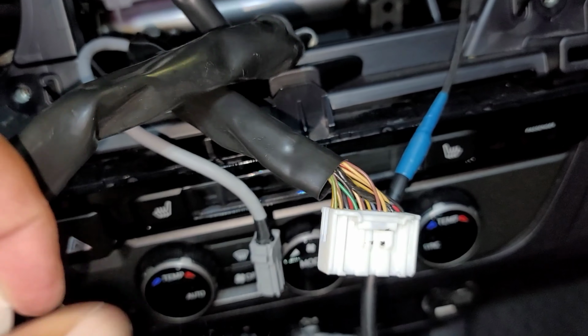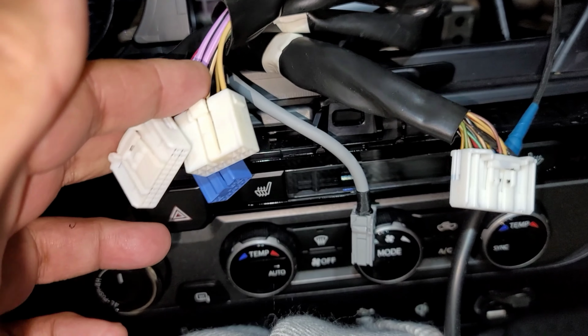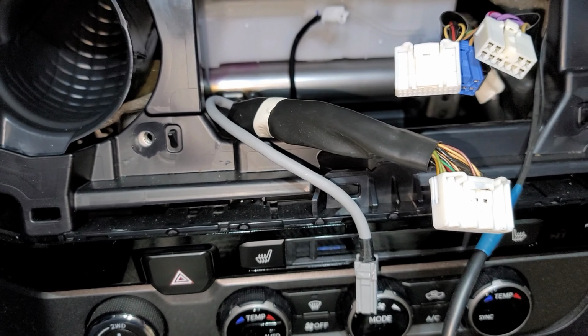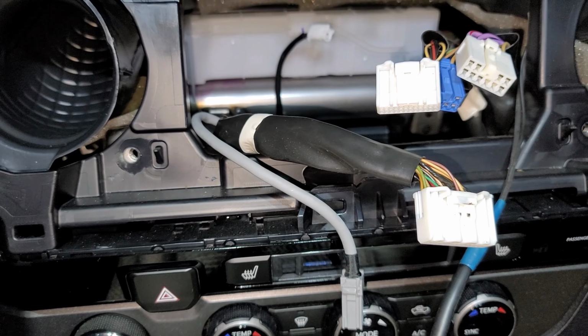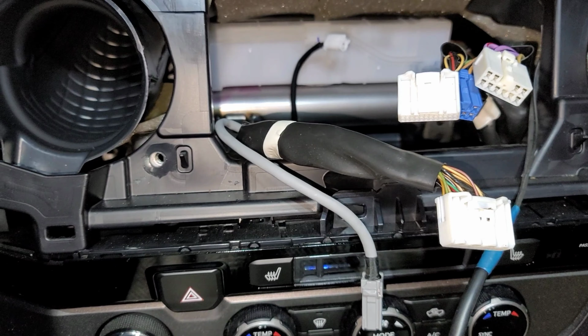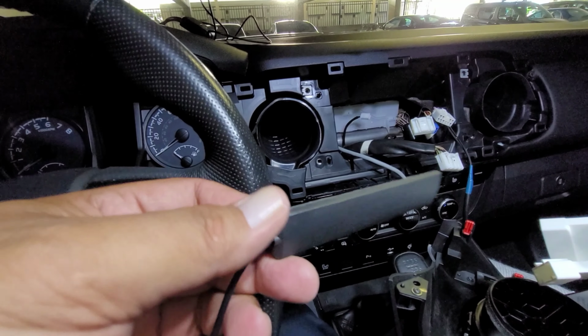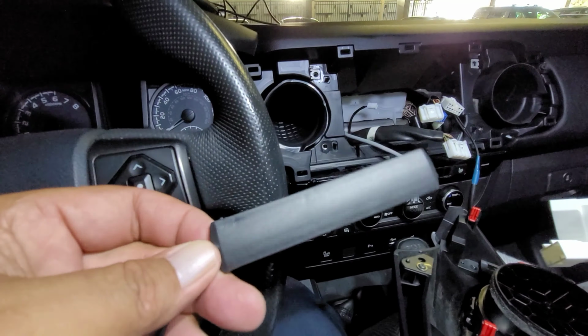So again, my truck does not come with that, because it is a 6-speed manual transmission for the 2018, actually 2016, 2017, 2018, all of the manuals out in Hawaii again, even though you got a sunroof and a premium package in our market. All right, so for the 4G, 3G antenna, for those that are going to use SIM cards,